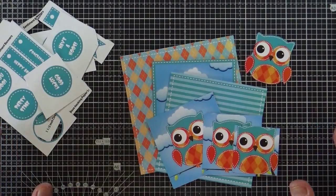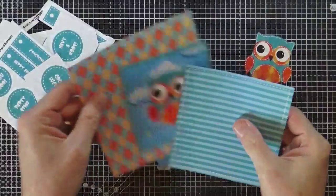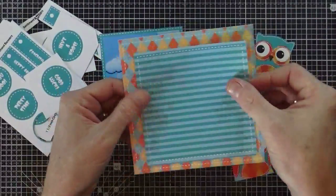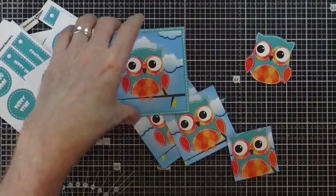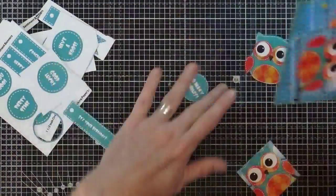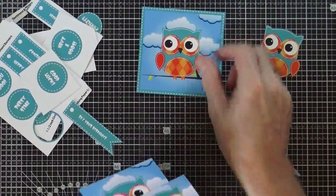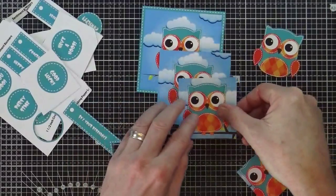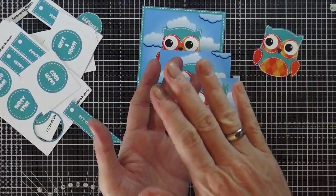All of my pieces are now cut out. So I have my backing paper layers, which I have there, so you can do those whichever way you want to. I have my pyramid toppers, so I have the main topper. Oops, move those sentiments out of the way. So I have my main pyramid topper,